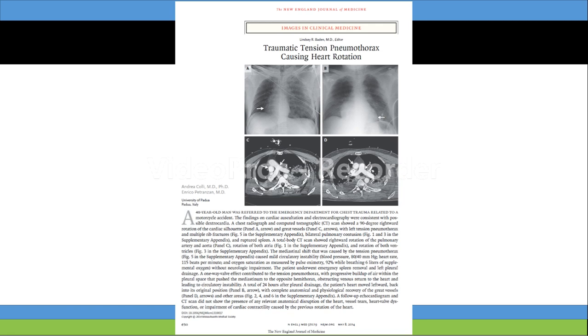Since I work in Pakistan, I can verify that our trauma centers and ER departments in the major hospitals receive more than 1,000 patients each day, and there's a possibility that such cases of traumatic tension pneumothorax are being diagnosed and managed every week in these major ERs. It's so unfortunate that people see cases, people manage them, and they simply send them back home or to the next department. They don't follow them up and they don't report. And look at this: traumatic tension pneumothorax causing heart rotation has been published as a clinical image in clinical medicine in NEJM.